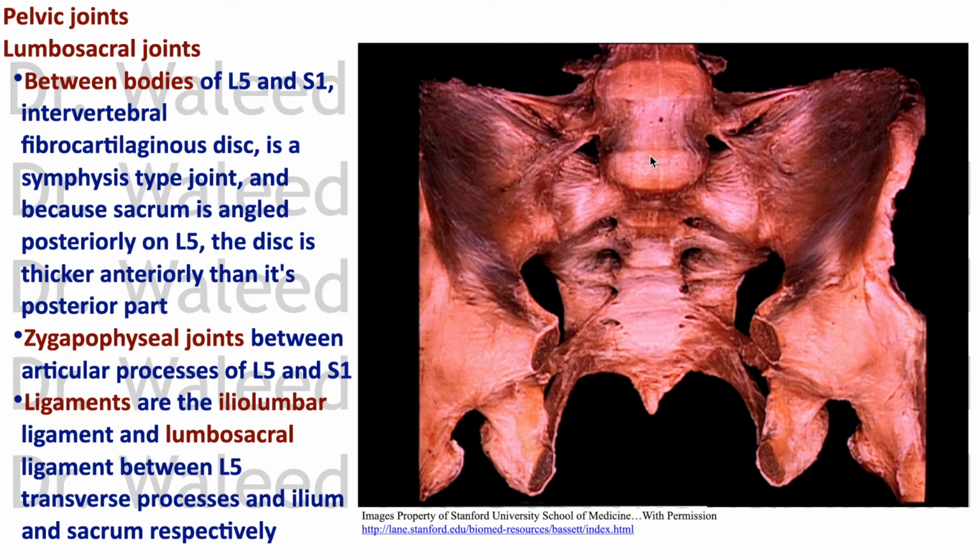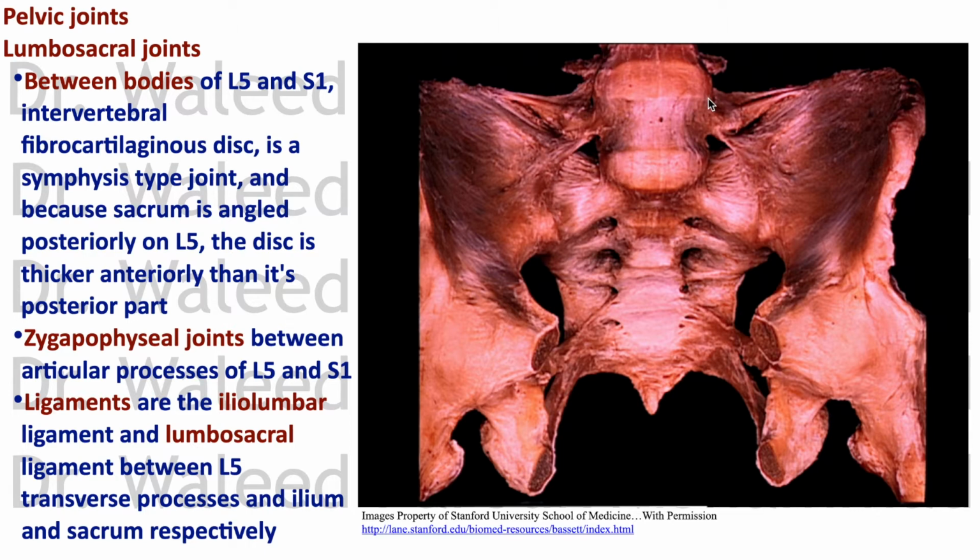Here in this region, the disc between L5 and S1 is thicker anterior than posterior because the sacrum is angulated to the back, making an angle with the L5 vertebra. You know what I mean? So it's thicker anterior, the disc, than posterior. Now, this is a cartilaginous joint of the symphysis type, while the zygapophyseal joints are the plain